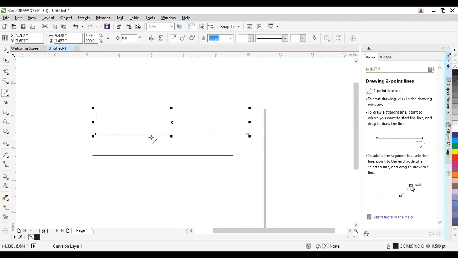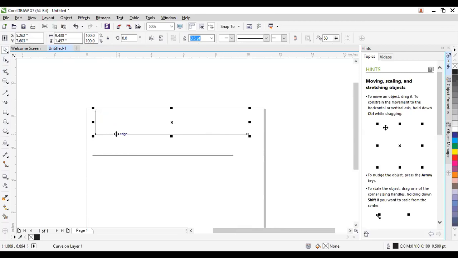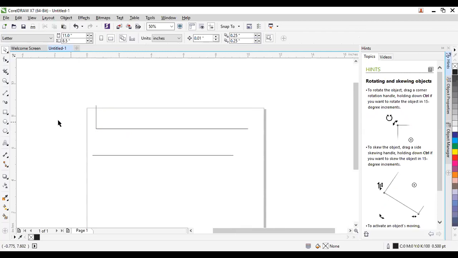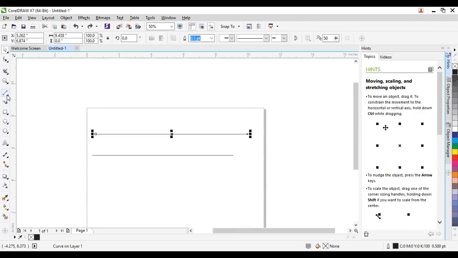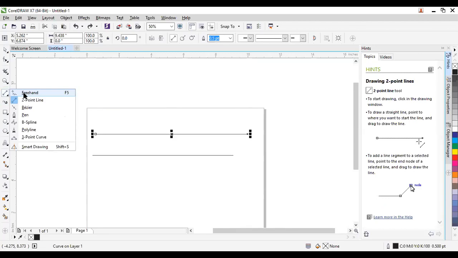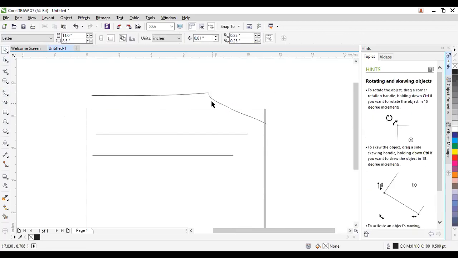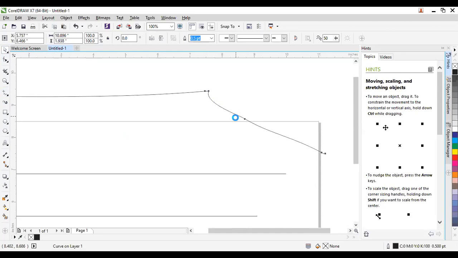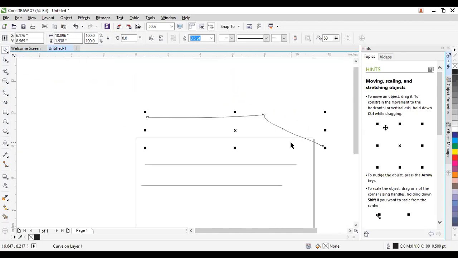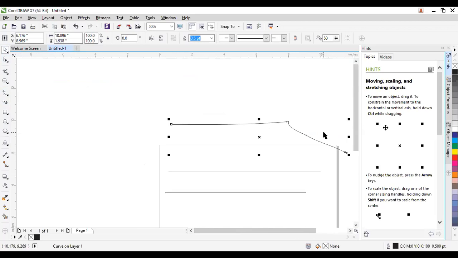So I've clicked on the node and I've dragged up. We are drawing a rectangle. After dragging up, you realize that these two lines are connected. They don't become separated, they become one. But if I use the freehand tool to do that, let me go back to the freehand tool. If I use the freehand tool to do that, I don't get the straight connected lines. I get just one straight connected line. And these two are different